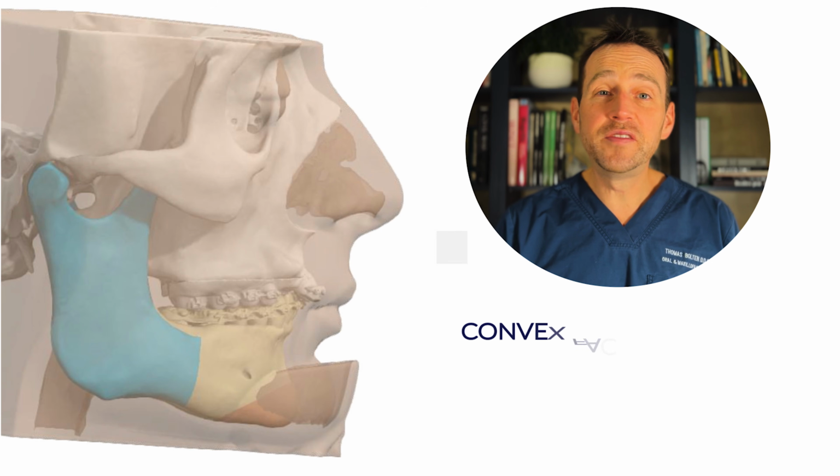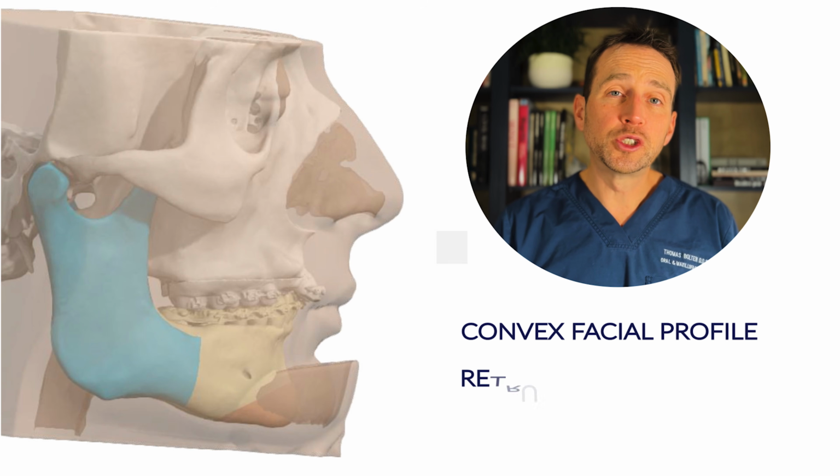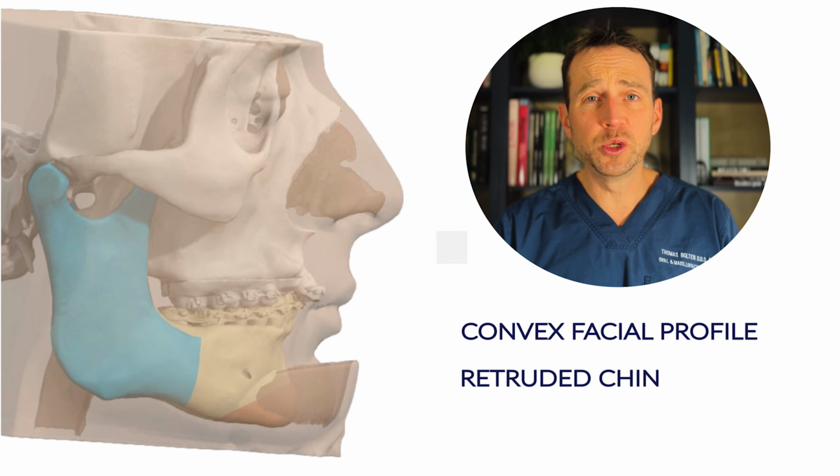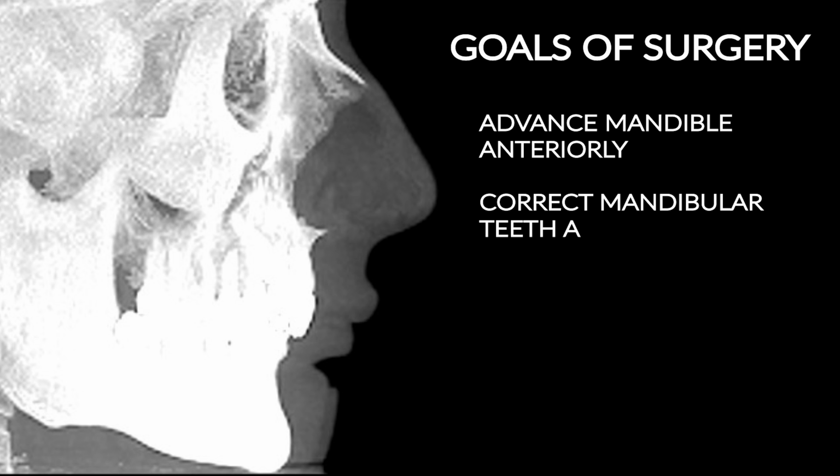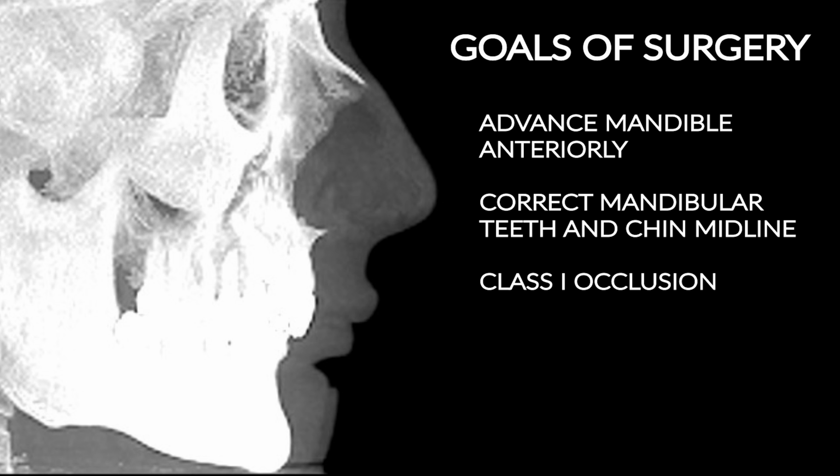He has a convex facial profile and a retruded chin, typical of a Class 2 discrepancy. The goals of surgery are to bring the mandible forward, correct the midline, and create harmony between the upper, middle, and lower facial thirds. Once I establish he's ready for surgery, I obtain a cone beam CT scan and a